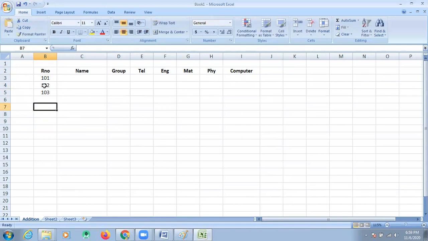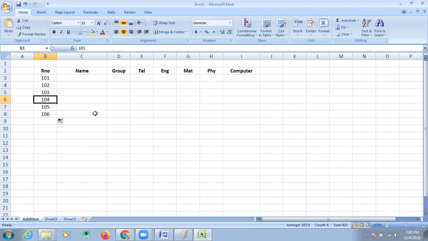I entered only 101, 102, 103. I selected this using the mouse. Then look here, at the bottom corner a plus symbol will come. Click this and drag down. The numbers will automatically increase. No need to enter numbers. It is nothing but the autofill format.